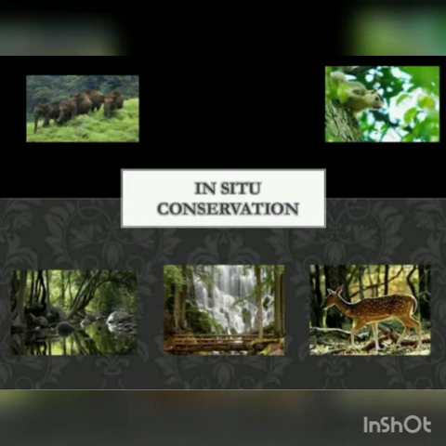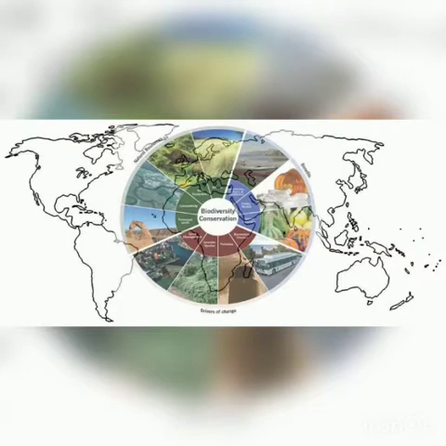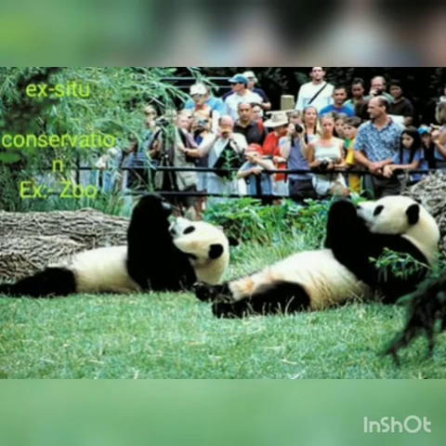Right. You see the slide there. In situ and ex situ conservation have been shown in this picture, where these both are interrelated. First of all, I want to tell you what ex situ conservation is. Ex situ conservation is one of the methods of conservation of living organisms outside their natural habitat through genetic conservation. It includes both captive propagation of the species and their eventual release into natural or restored ecosystems.